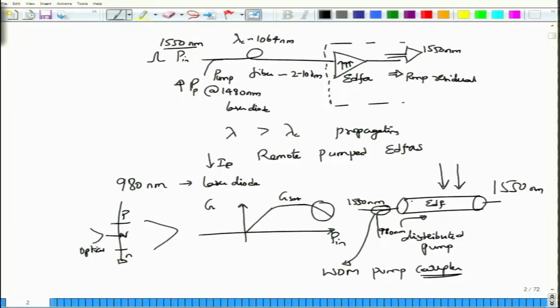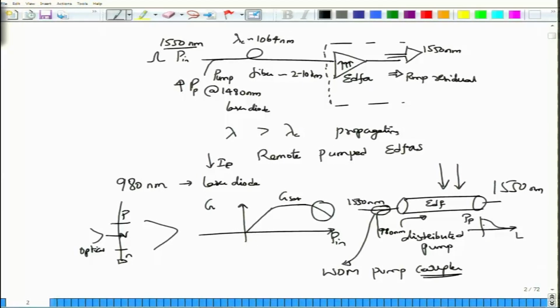What actually happens is that the pump is strong initially, and then as the pump propagates along the length of the fiber, there will be absorption of the pump. Of course, because there is a signal, it will continuously perform stimulated emission, and the pump, which is powering many of the atoms at E1 to go to E3 and then subsequently to E2, would start depleting because it is giving up many photons. So, initially the pump is quite high, and thereafter it is quite small and then reaches down to 0, rather quickly, after a few meters. So, this is how the pump along the fiber would look.